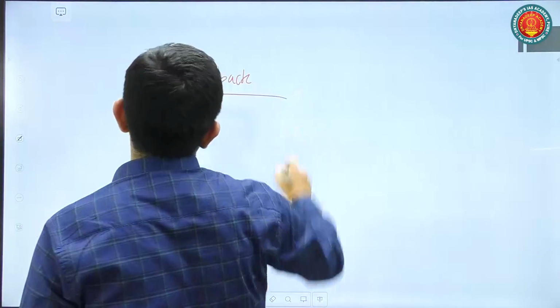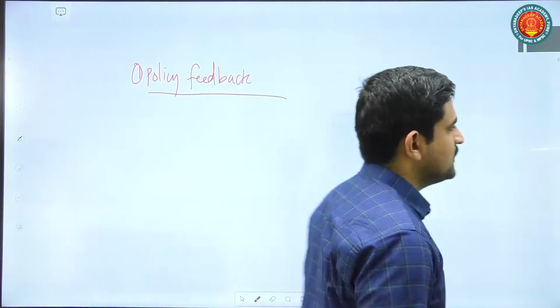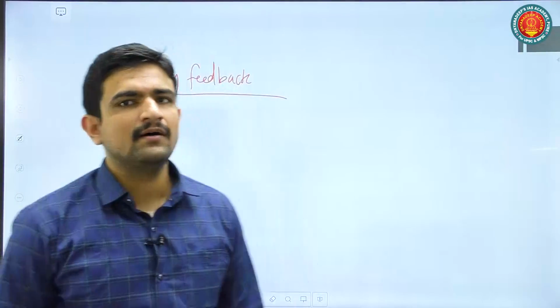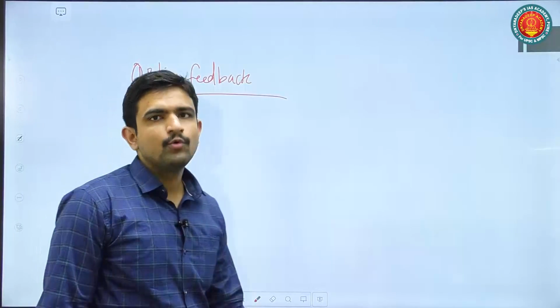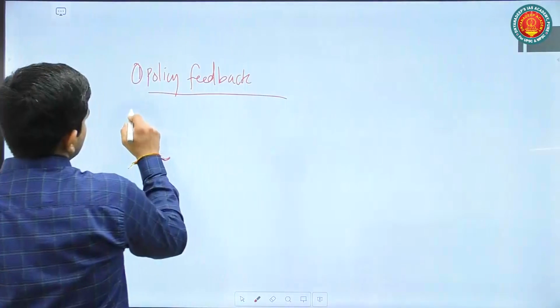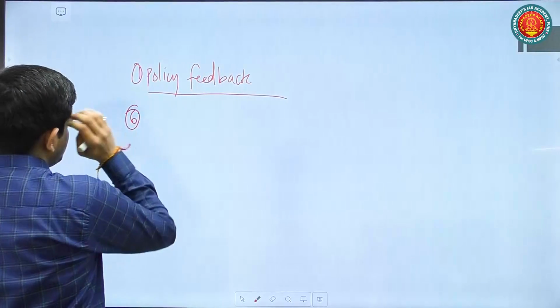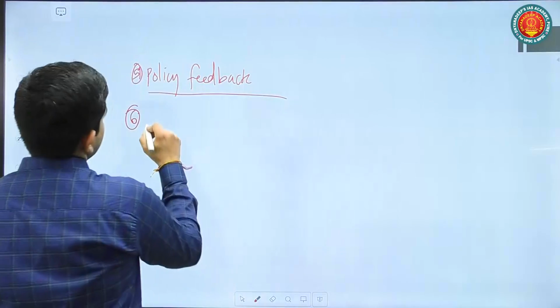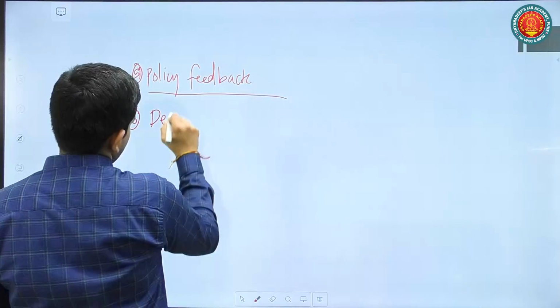Okay, if the government is implementing any policy and there are any lacunas in implementing that policy, NGOs can certainly tell the government how to improve it. Okay, so that is also there. Then you can also say that NGOs are instrumental in making democracy